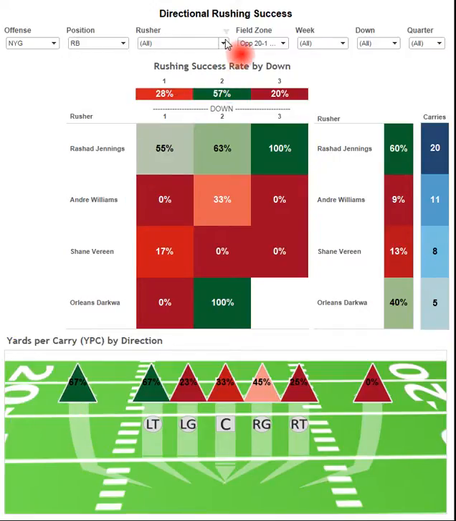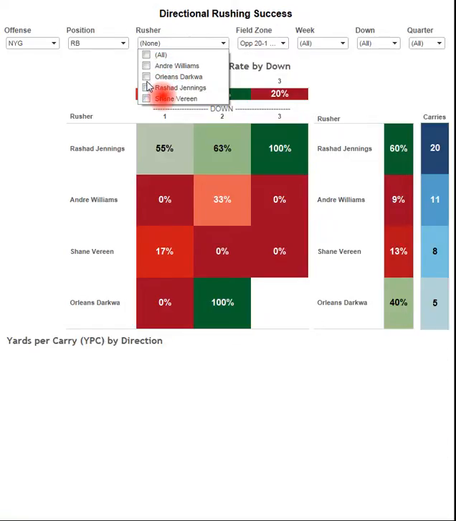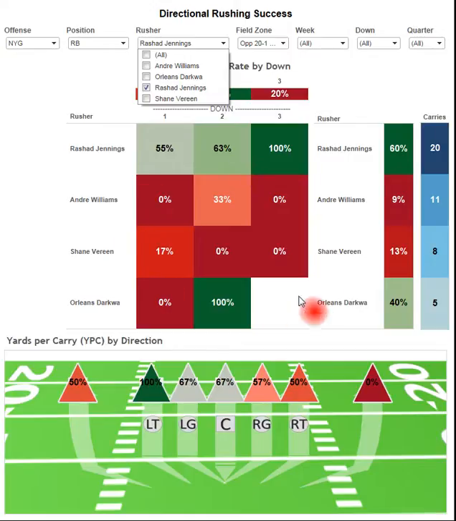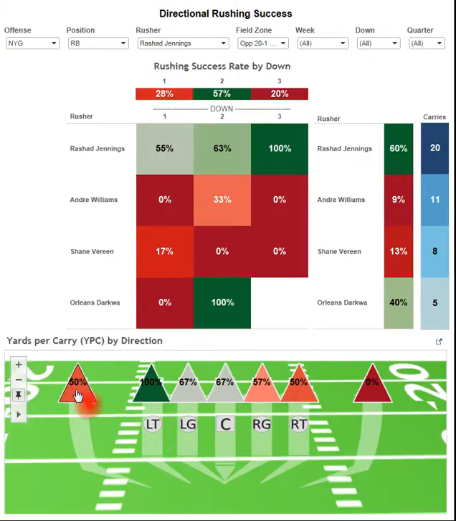But let's go ahead and filter just for Rashad Jennings, and we can see where he personally was the most successful. Again, this will keep the top graphic consistent. It'll just replace the bottom graphic here, and you could see it's the left side of the line that he favors, and he does the best running behind. But these numbers are not bad at all. Obviously 0%, but 50%, 57% success rate when you run the football is not terrible,